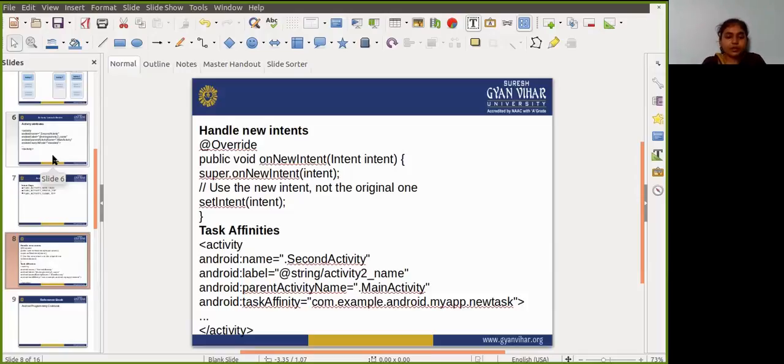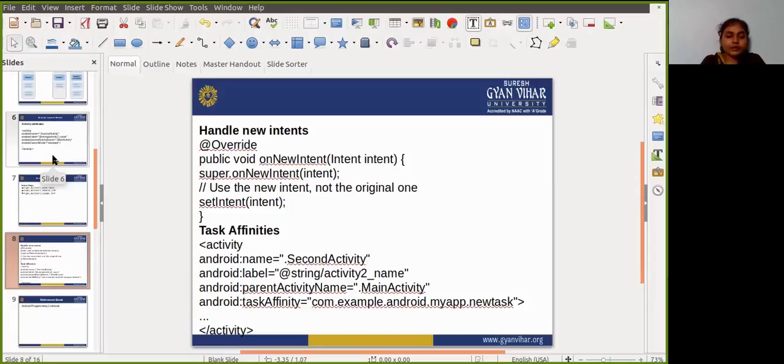We have mainly three launch modes for that: FLAG_ACTIVITY_NEW_TASK, FLAG_ACTIVITY_SINGLE_TOP, and FLAG_ACTIVITY_CLEAR_TOP. New task starts the activity in a new task, the same behavior as the single task launch mode.